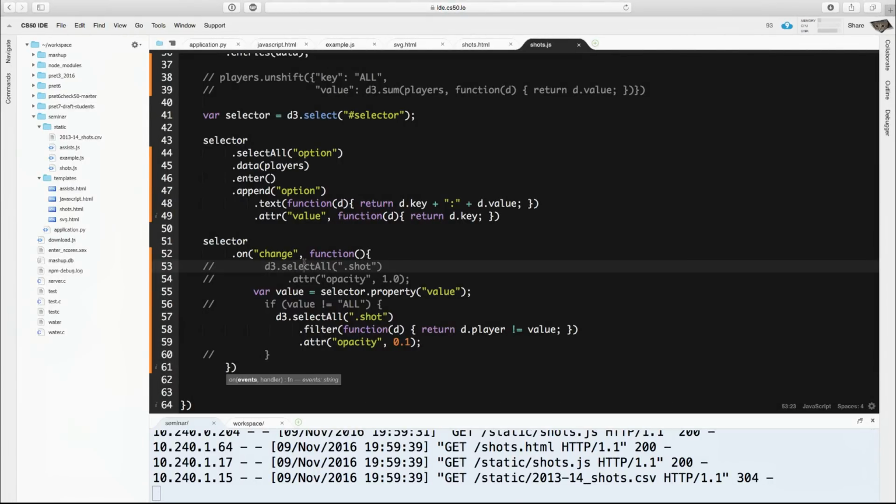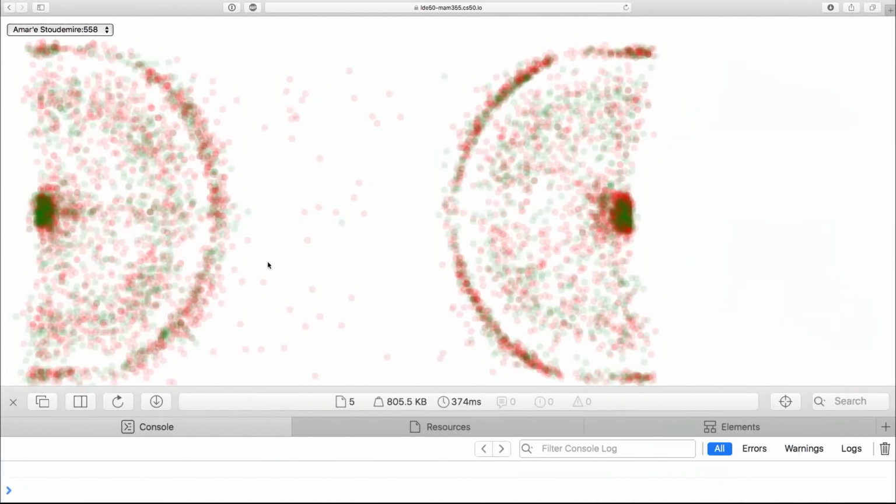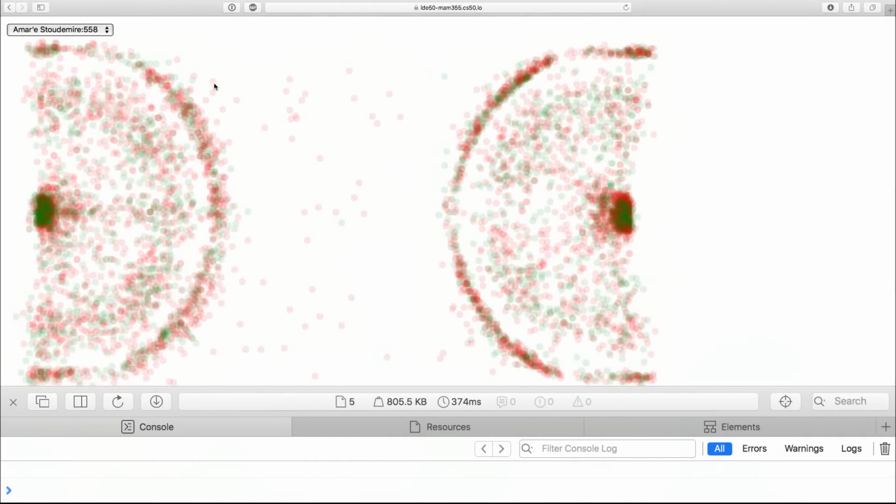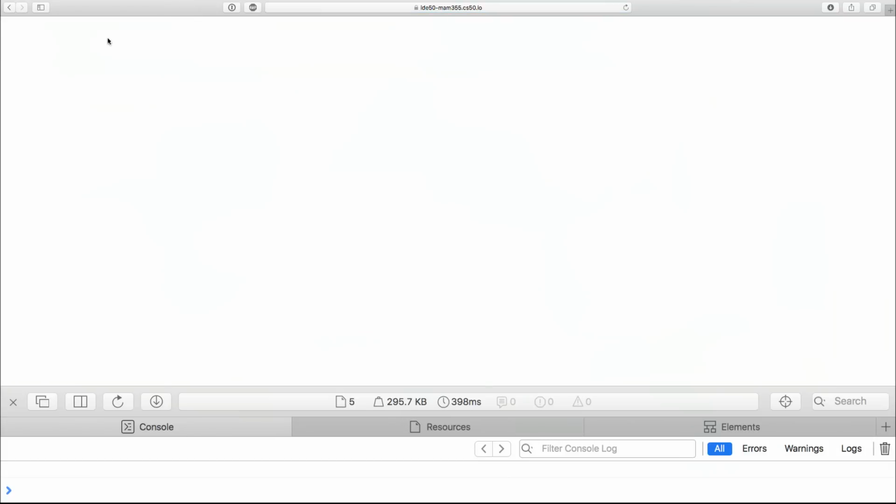So in order to change that, I go back to the start of my function, I select all the shots, and I change their opacity to 1 before I go and change the opacity of the shots not taken by that player. So if I do that and reload,